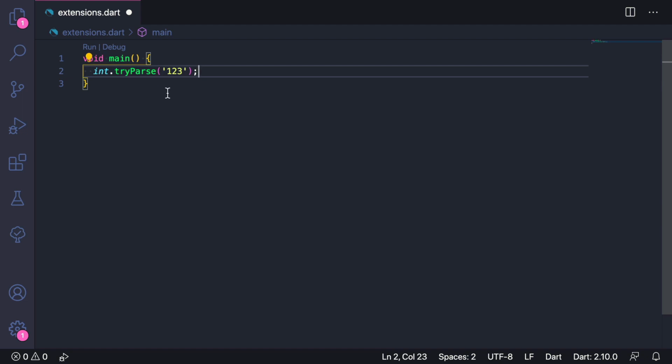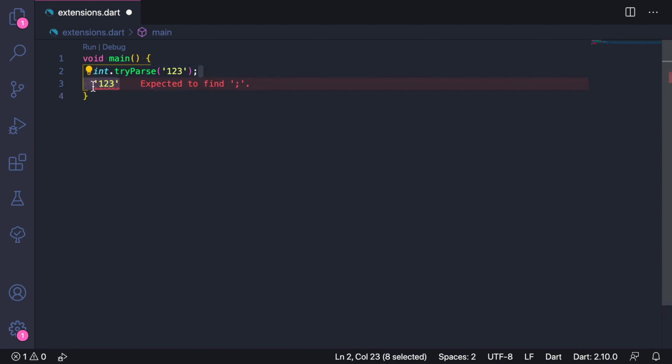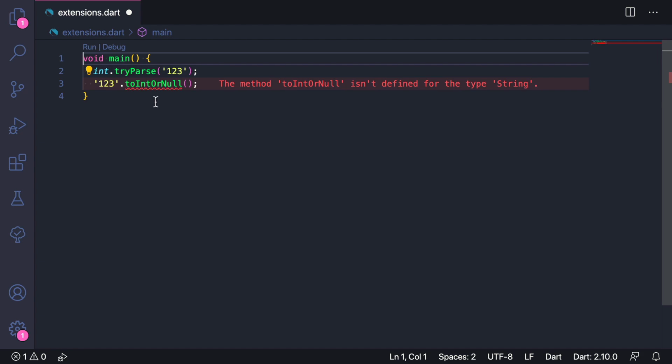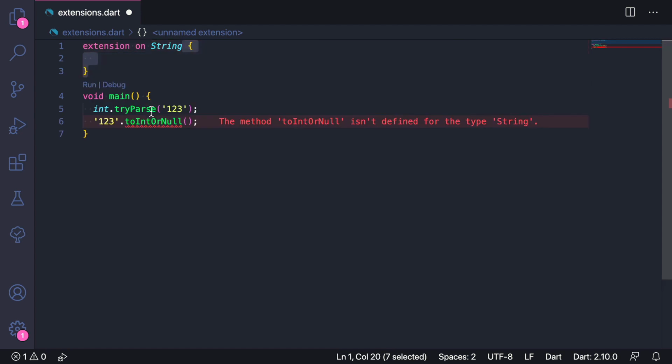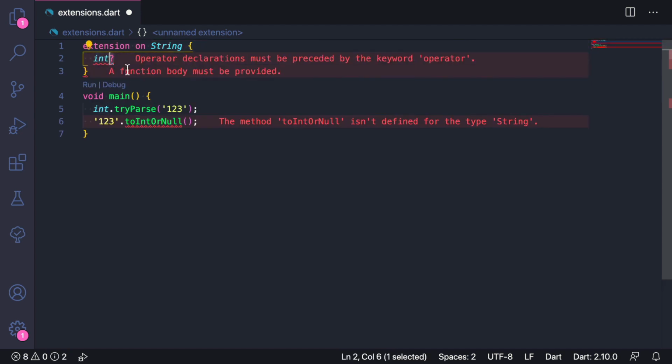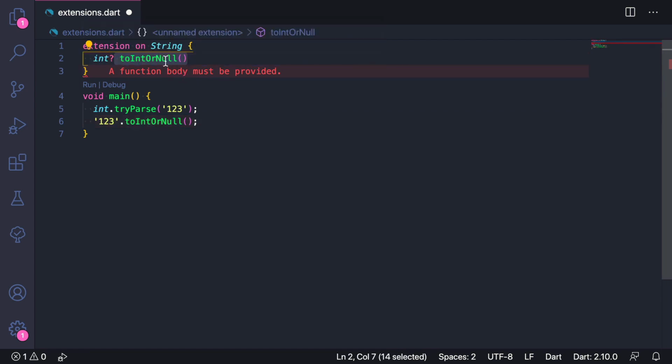However, this syntax doesn't read very well in English, and instead it would be nice if we could type something like '123' inside single quotes, and then .toIntOrNull(). And this would convert this string to an integer if this is a valid number, or return null otherwise. But of course, the String class doesn't have a method called toIntOrNull. So this is where extensions come in handy, because we can write extension on String, and inside it we can declare a method that returns a nullable integer value, and we can call this toIntOrNull, and we can use it to return